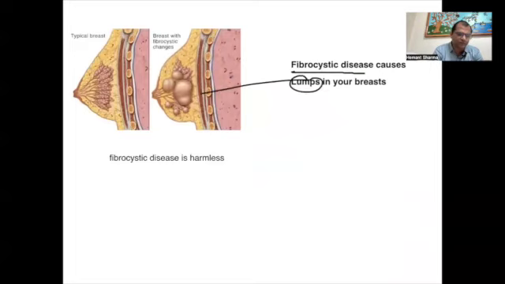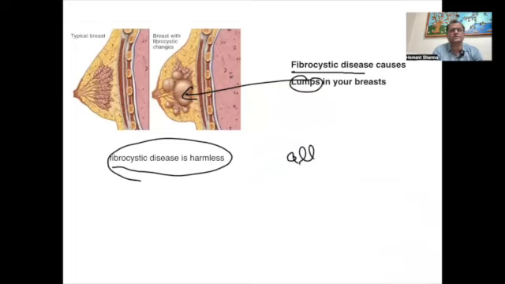It is causing lumps in the breast, but this disease is harmless. So all the cysts are not a sign of danger. 所以有一些很常见的叫纤维囊肿，它其实很常见，但也没有危害性很大。